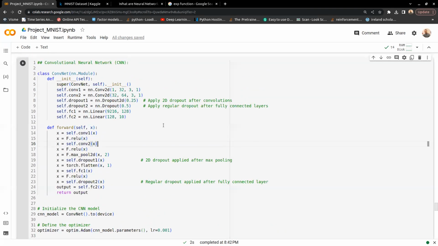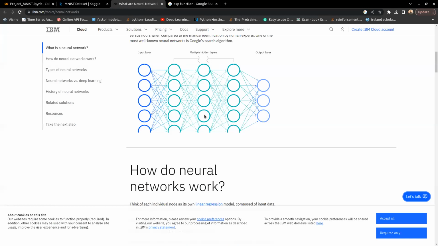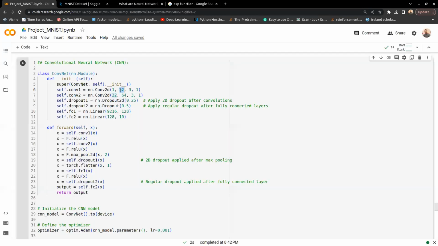And here now, the number of channels: we have one channel, which is the image. Now we output, just like how the linear layer would output, maybe for example 256 as we did the last time. Now we are going to output 32 of these weight matrices, right? Because of course we are not working with